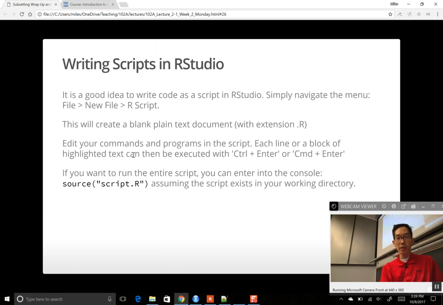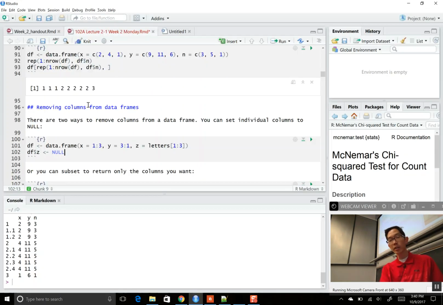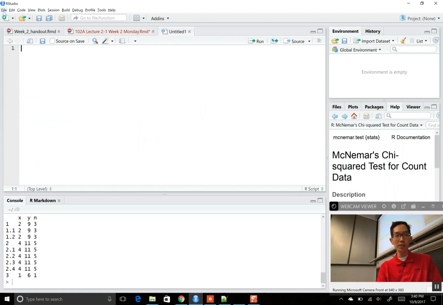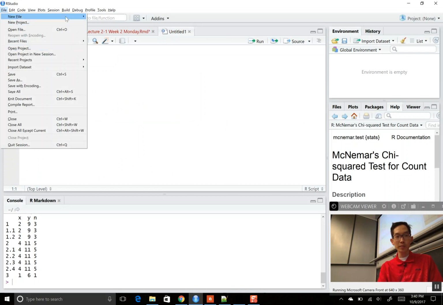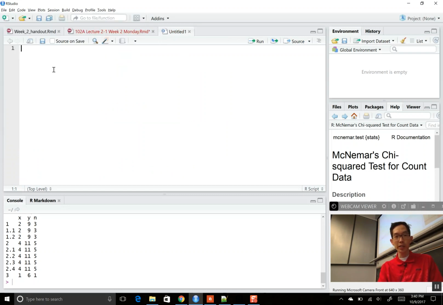I also strongly recommend for any kind of lengthier coding project to write things as an R script. I know I post my homework assignments as RMD files, and it's tempting to just write everything in the RMD file. If it's a smaller assignment, smaller scripts, sure, that's fine. But if you have anything longer than that, open a new script, and then write your code here, because